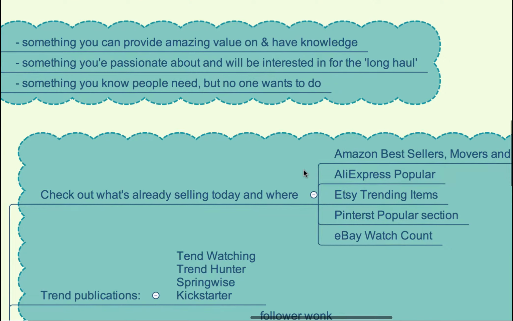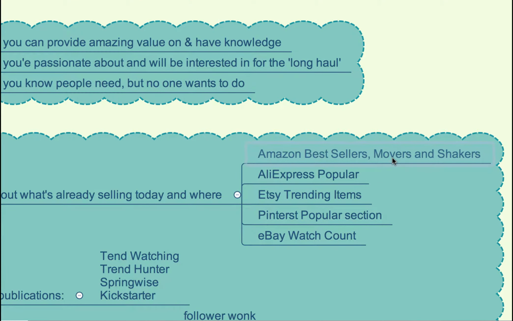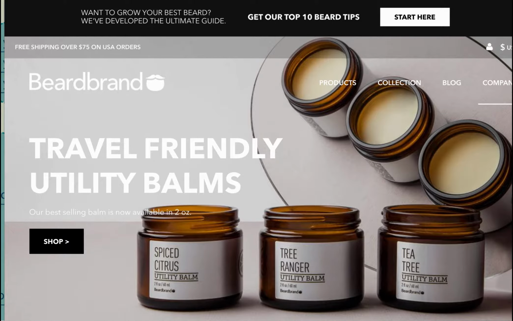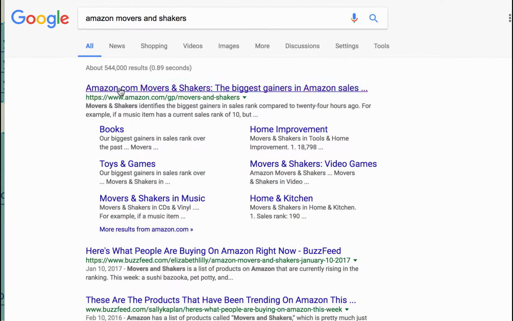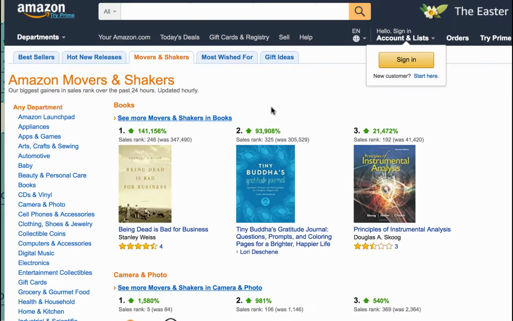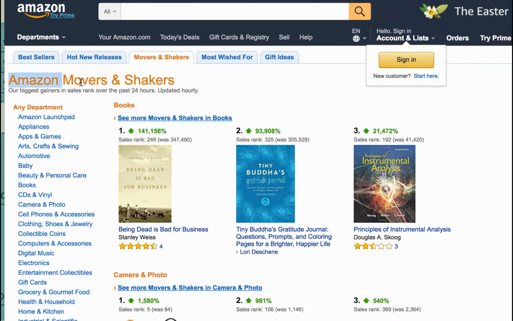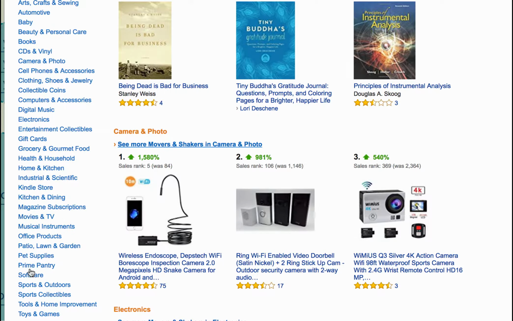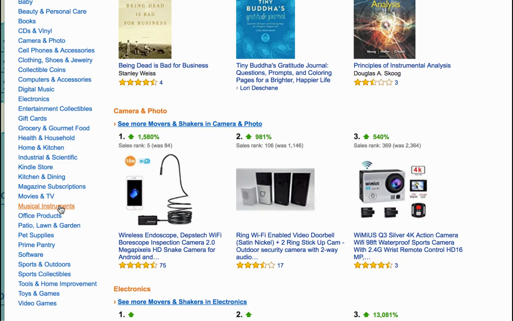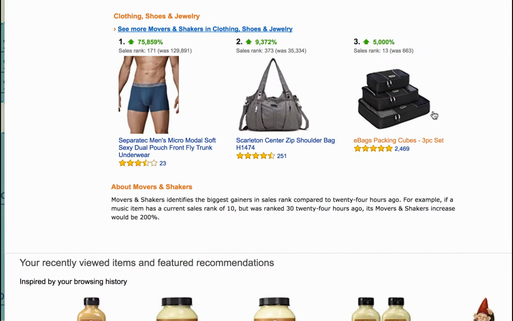Now, there's a lot of stuff you can check out. The first is Amazon bestsellers. And also there's something called Amazon Movers and Shakers. To do that, all you have to do is type in Amazon Movers and Shakers in Google. These are all products that are kind of new, and they're starting to really trend on Amazon. They're starting to really heat up, and Amazon's categorized these into what they call their Movers and Shakers. Now you can go through here, and obviously you've probably been on Amazon, and you can check out all the different niche ideas here and see what types of products and niche ideas are starting to get hot.